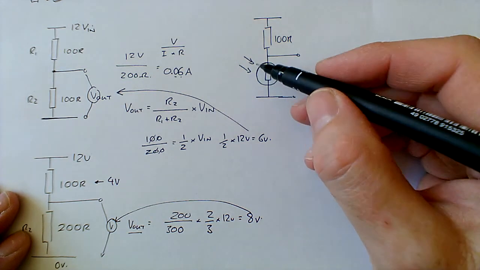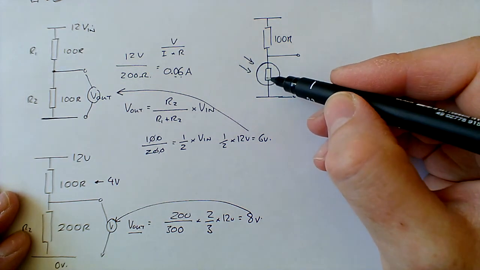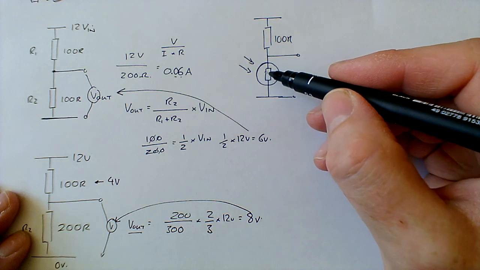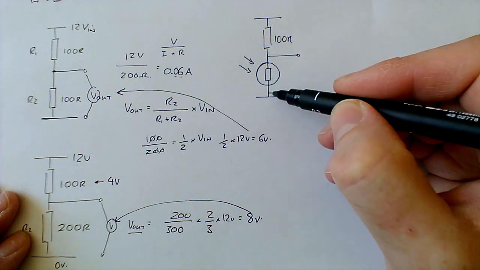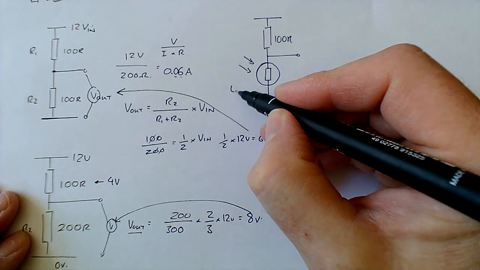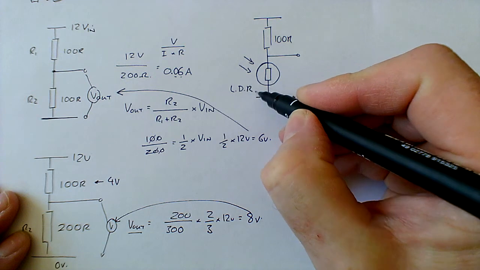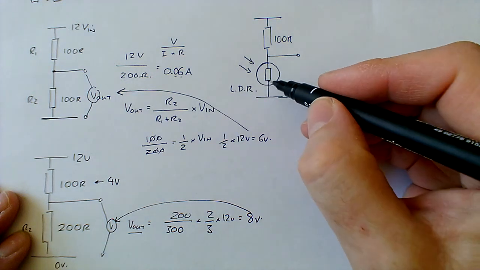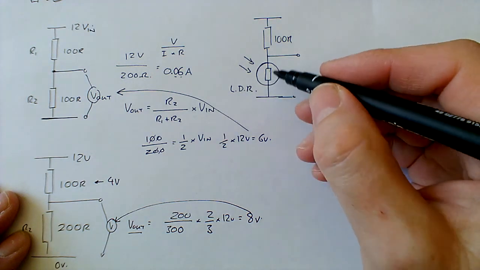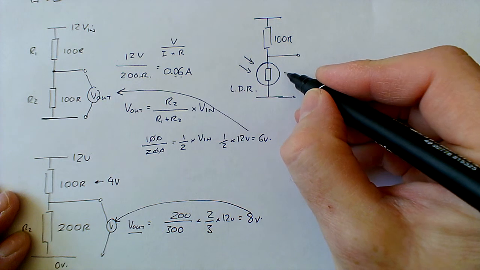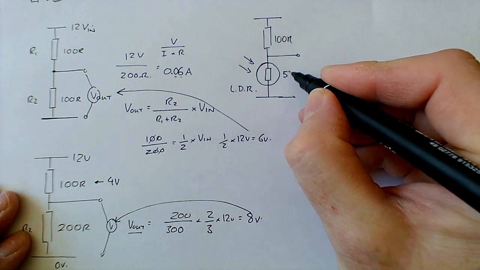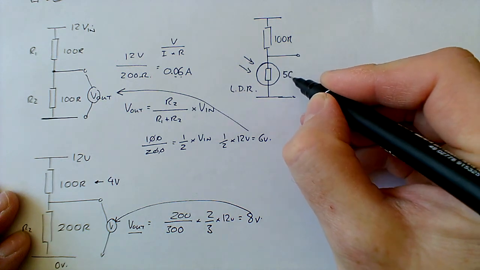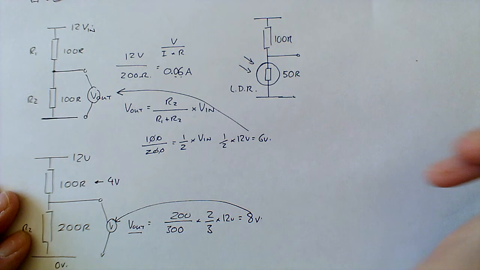Now when the light's shining on a light dependent resistor, the light gives the electrons energy, so it makes it easy for the electrons to flow. That's how an LDR works. The light makes it easy for the electrons to flow. So this has very low resistance, so we could say, just for the sake of argument, that it has 50 ohms,